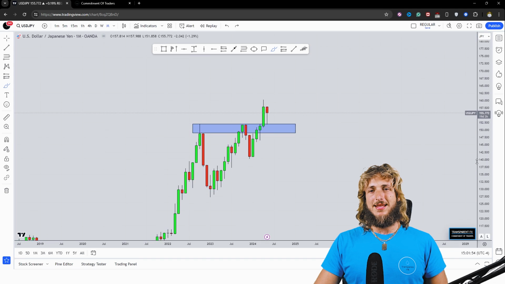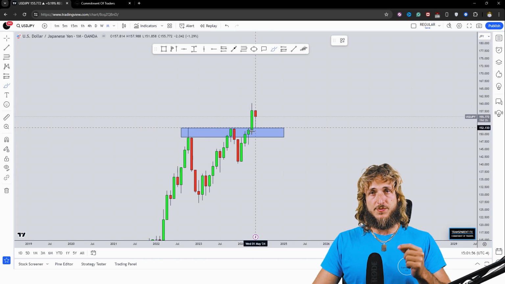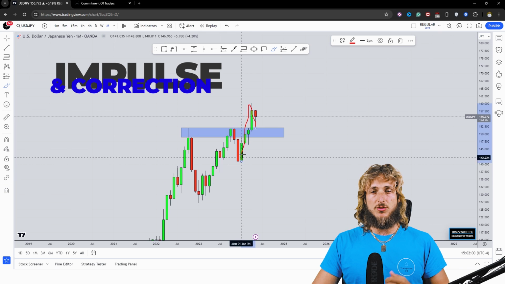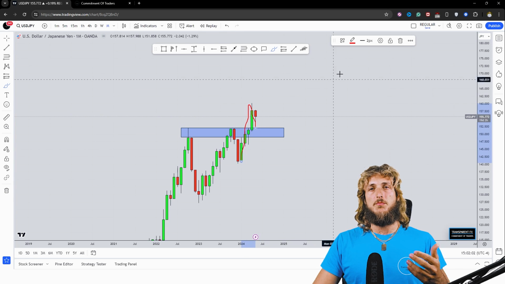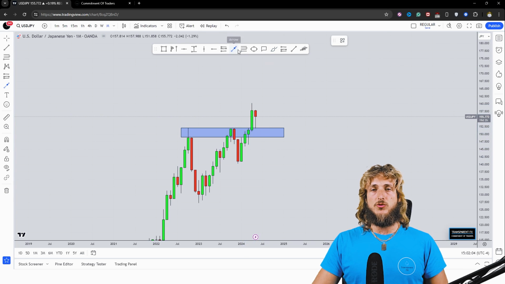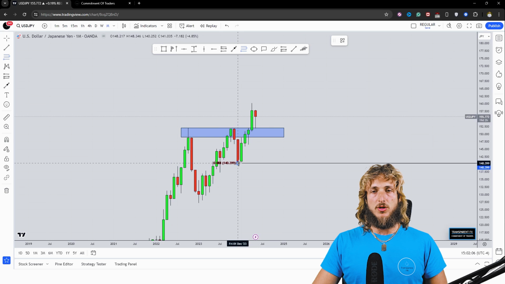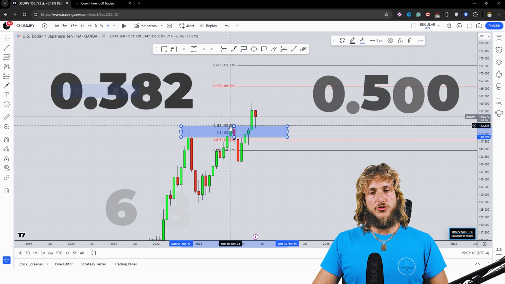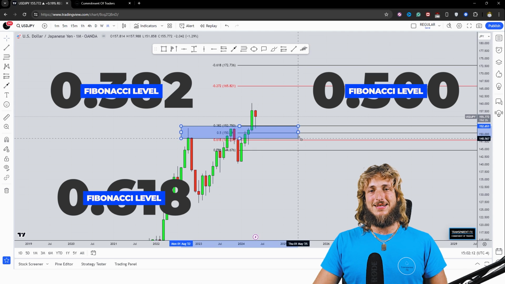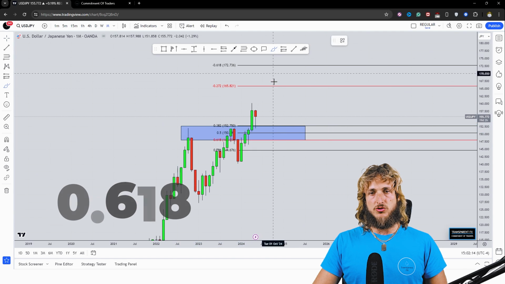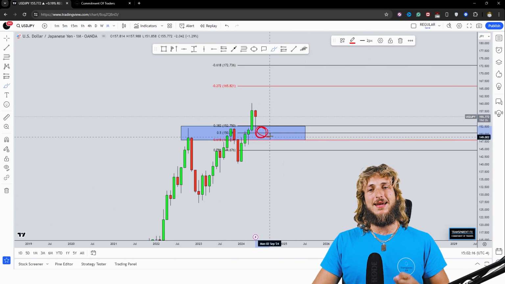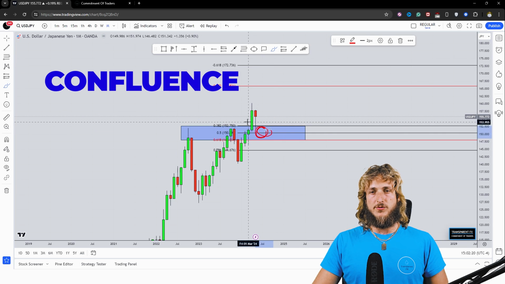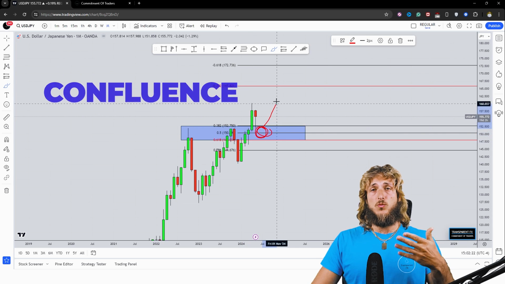We can also notice that strictly from a pattern perspective, we have a very clear impulse followed by a correction. And in general, after an impulse, if you want to measure the correction, what you have to do is take your Fibonacci from the low to the high of the impulse leg. And if we do that, we can see how we have the 0.382, 50% and 0.618 Fibonacci retracements, which are currently lining up exactly inside of this area, creating a confluence of support,